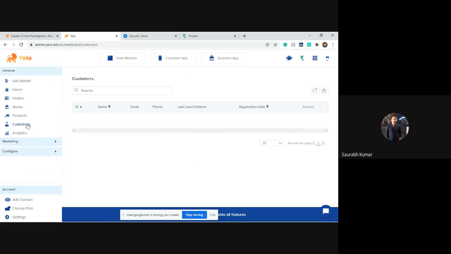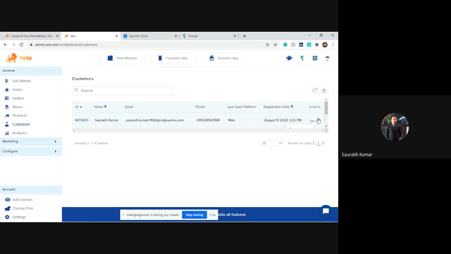Now let's move to the customer section. Here you will get each and every detail of your existing customer base, such as order ID, name, email ID, phone number, and the platform used by the customer, either web or mobile application. If you want to block customers, you have options available, you can easily block them.